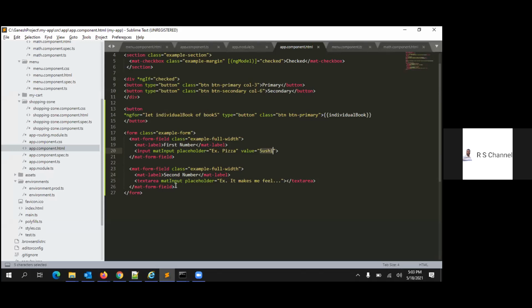You remove that form class example form, that line number 17 and 27. Can you delete it?